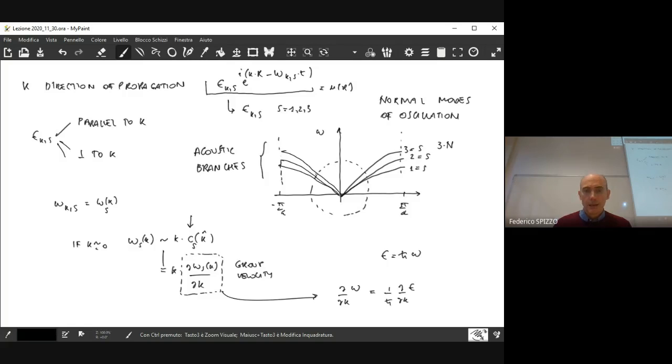Okay, and the dispersion relationship between the frequency and the wave vector is linear in the initial part of this dependence, and then it switches from linear to nearly constant when we reach the border of the zone, because here the derivative of omega with respect to k is close to 0. So in this picture, again, we have a total number of 3N normal modes of oscillation. Tomorrow, I will go on with the analysis of this result and see its consequence concerning the evaluation of the specific heat.